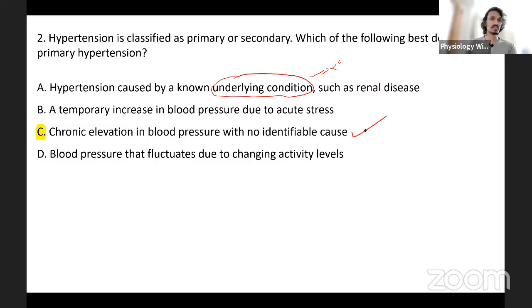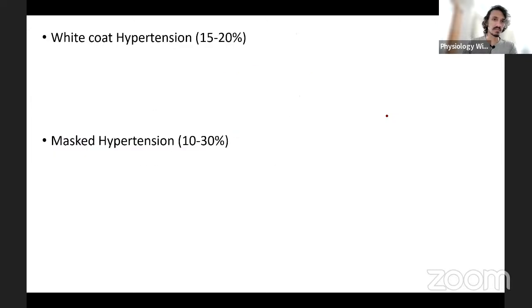So this is the one which is the answer. Now two other terminologies are there. What is white coat hypertension? What is masked hypertension? Apparently, among people who come to the OPD, 15 to 20% of the people